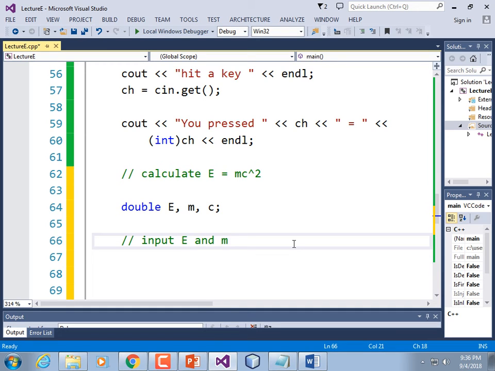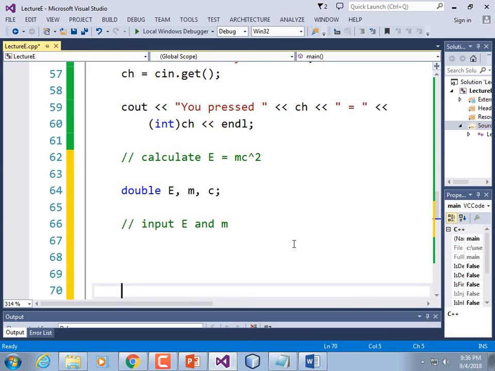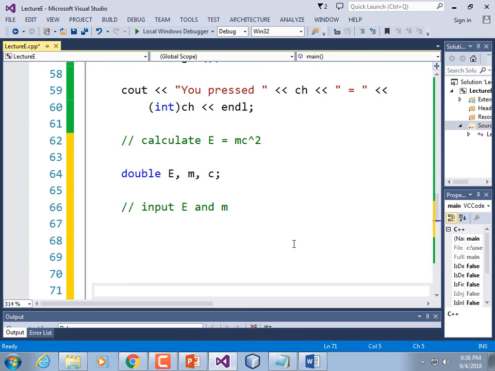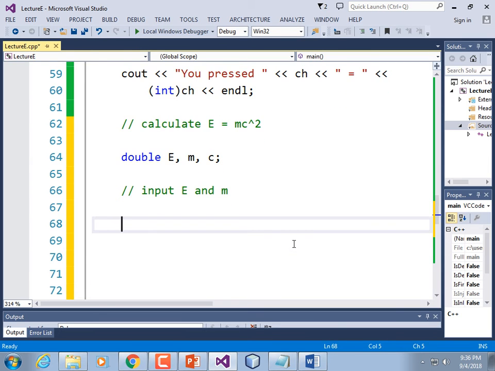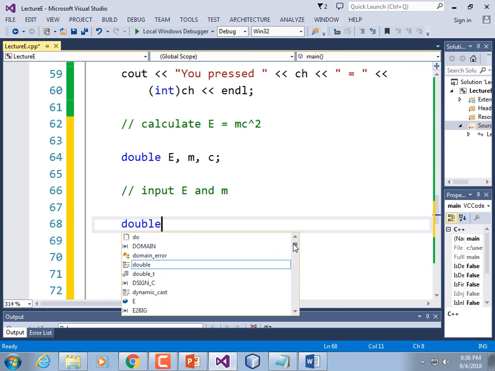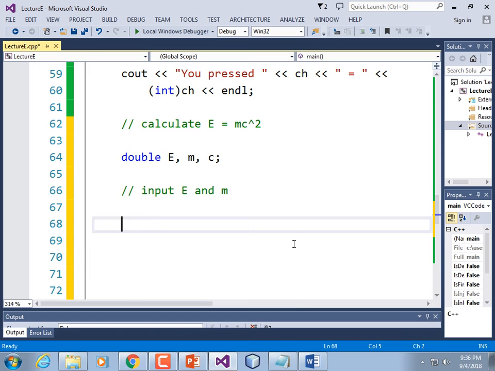E and M. Now C is a constant, if I remember from physics. This is just Einstein's relativity equation for the conversion of mass to energy, which is what happens in a nuclear bomb. Some of the atoms are converted from mass to energy. Okay, so let's write a message out, cout,